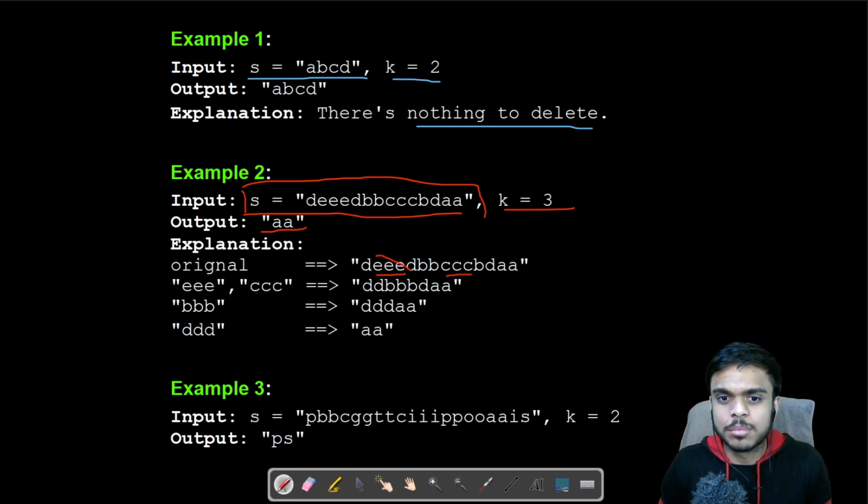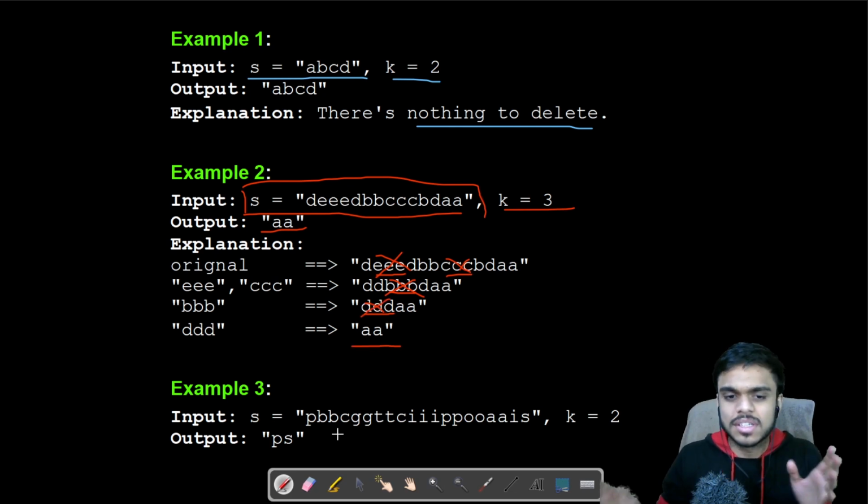So we can directly remove them from the original string, and our resulting string would be DD triple B D double A. Now we can see that triple B is also coming 3 times, so we can remove that too, and we are left with triple D AA. Here we can see triple D, so we remove that again and we are left with double A.